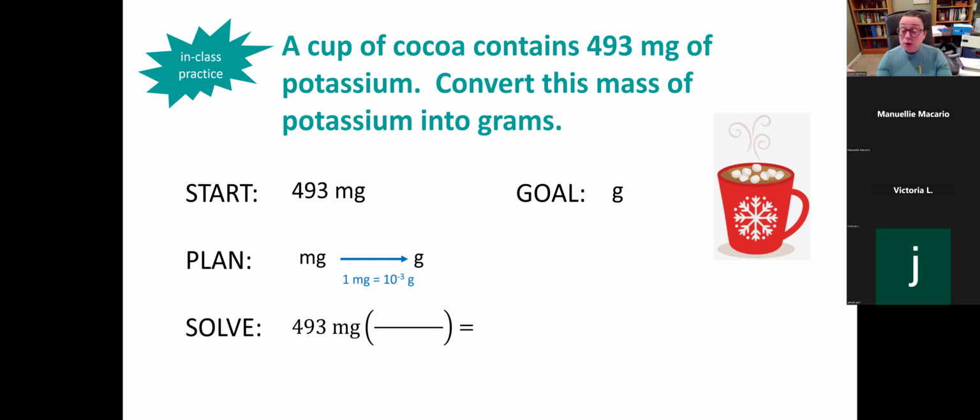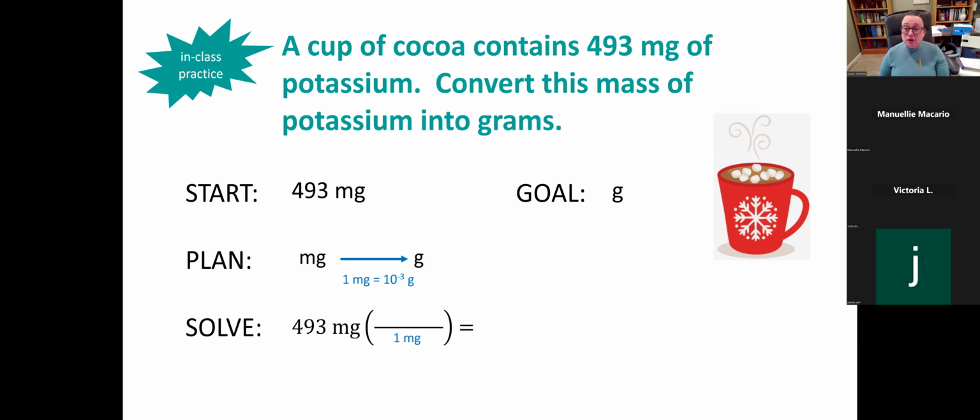Awesome. Yeah. I mean, we could put it in either place, but remember, we're trying to get rid of the unit of milligrams. So we are going to, on purpose, try to arrange it so that the milligram units will cancel each other out. The milligrams is already in the top. So if we can put the milligram part of our conversion on the bottom, then we're going to be in great shape. So we're going to, on purpose, choose to use our conversion factor, right? They're equal. 1 milligram is the same as 10 to the minus 3 grams. We could put either one on top and the bottom. We would be multiplying by 1, but only one of the ways of arranging it is going to be helpful to end up with units of grams. So we will put our 1 milligram on the bottom,